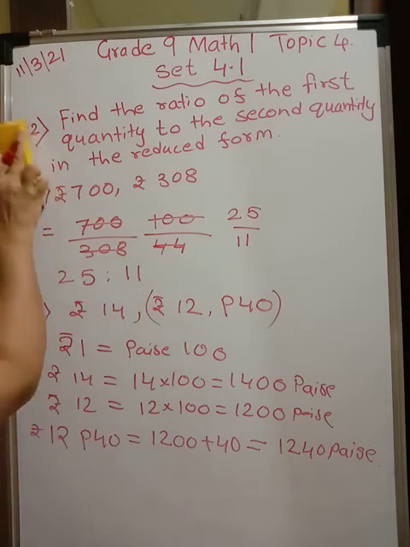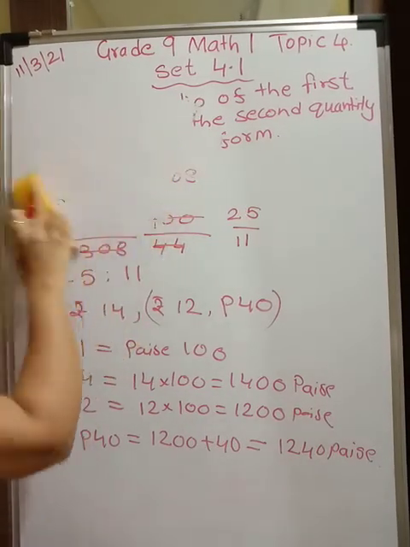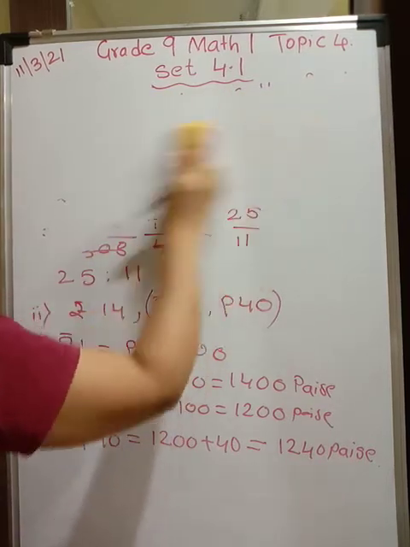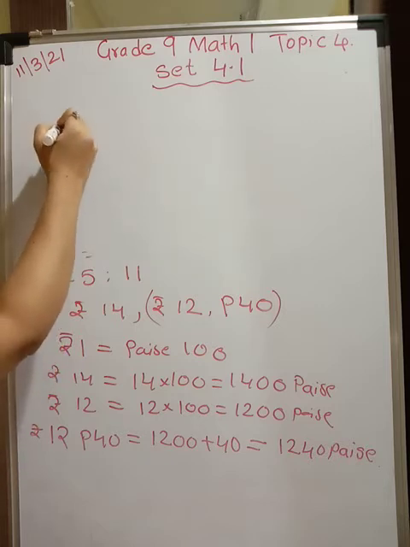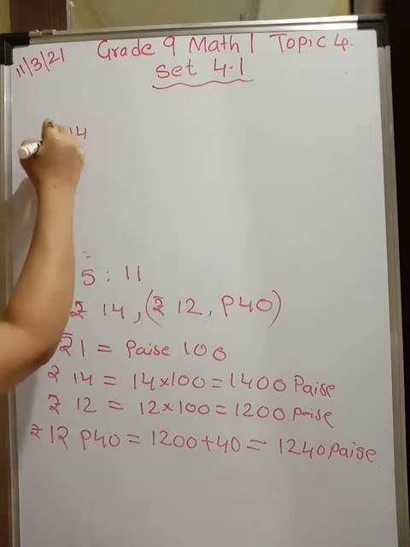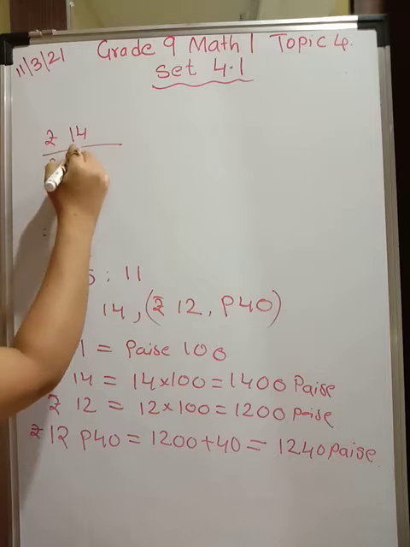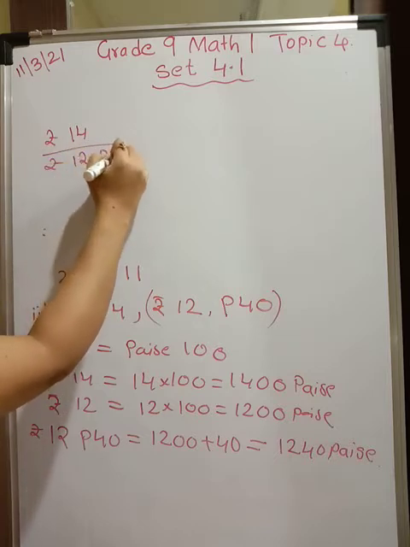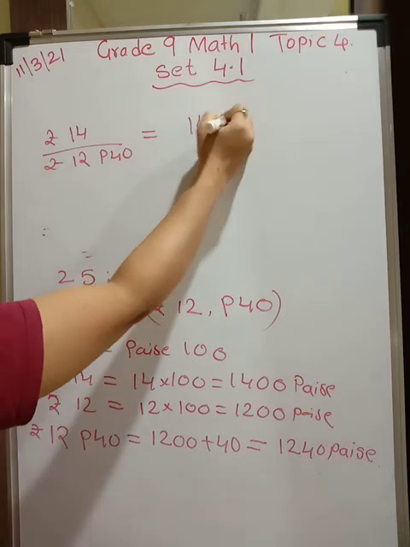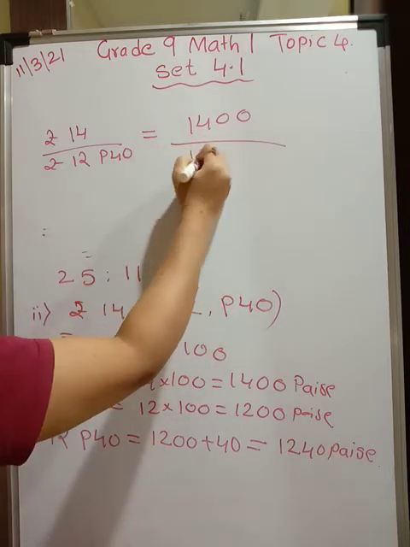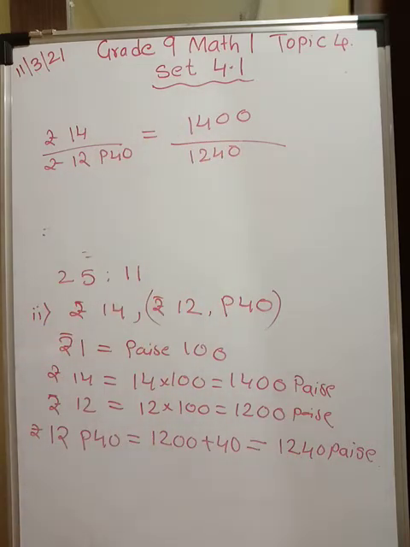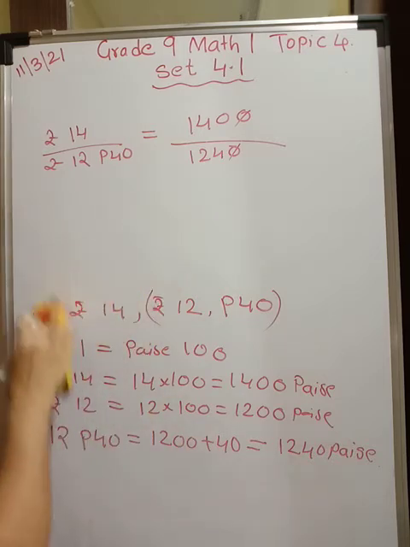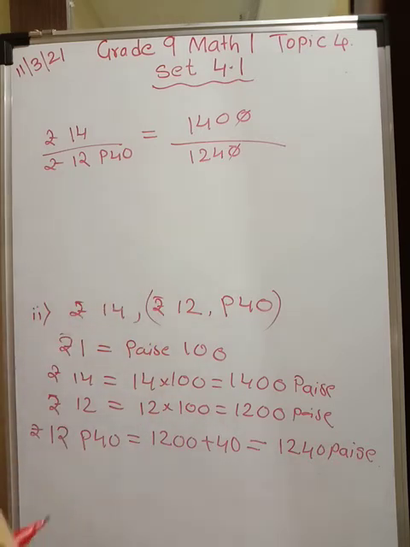I am erasing the first problem, just see. Now we have everything in paise. Your first quantity is rupees 14 upon rupees 12 and paise 40, which is nothing but 1400 paise upon 1240 paise. See, this is also paise and this is also paise. Okay, so 0 0 gets cut off, and we are now left with